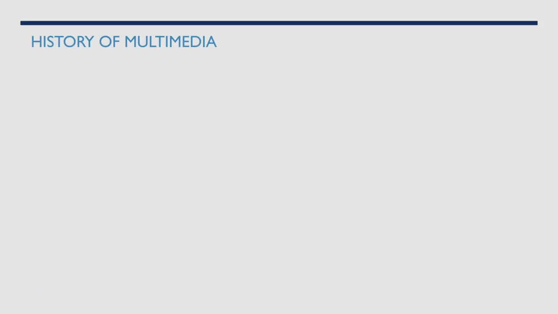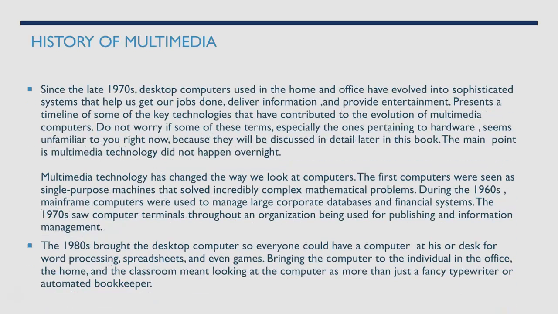This is now about the history of multimedia. Since the late 1970s, desktop computers used in the home and office have evolved into simplistic systems that help us get our jobs done, deliver information, and provide entertainment. This presents a timeline of some of the key technologies that have contributed to the evolution of multimedia computers. Do not worry if some of these terms, especially the ones regarding hardware, seem unfamiliar to you right now, because they will be discussed in detail later